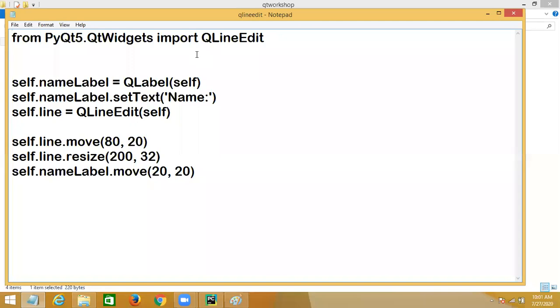Now using QLineEdit, you can input the data. QLineEdit is a widget, and we are using it to input the data.